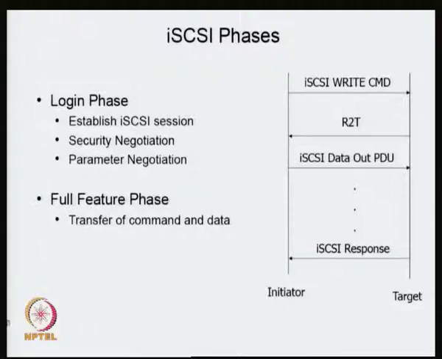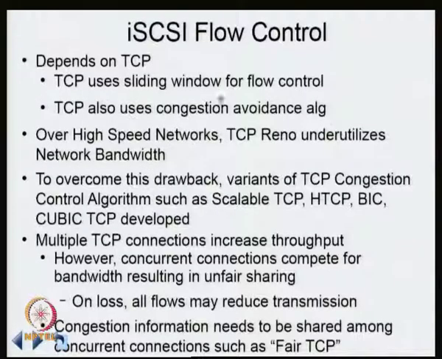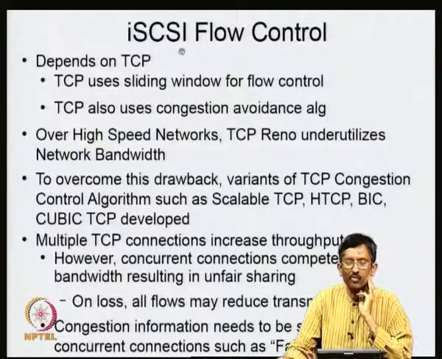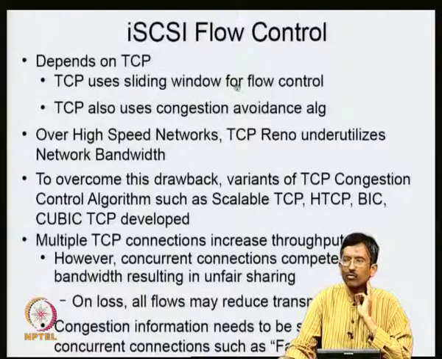So now let's look. We had a look at fiber channel, how it does flow control. Basically, it's credit based. We will look at iSCSI flow control. First of all, as I mentioned earlier, iSCSI is laid on top of TCP, therefore depends on TCP. Now, TCP uses sliding window for flow control, but also uses what is called a congestion avoidance algorithm. The issue with TCP is that